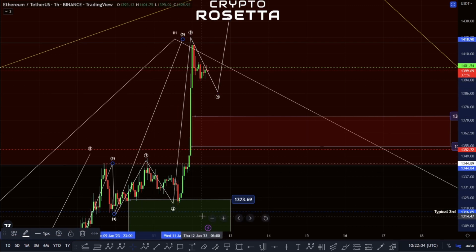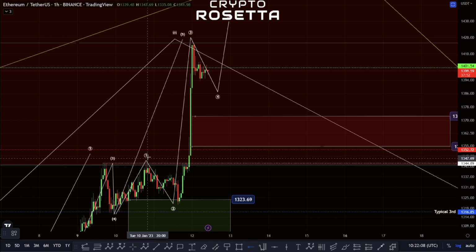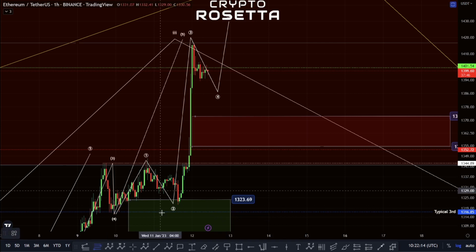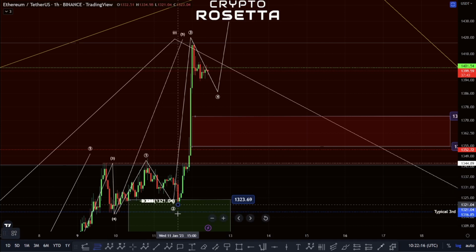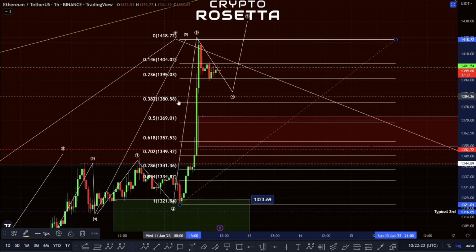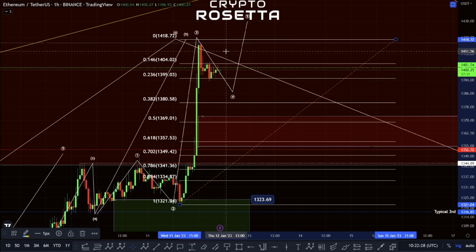If we do have this additional leg to the upside here that we've got shown on the chart, what we'd have to do is not cross back below this 1347. And the target area, if this is a fourth wave, would be up here in this zone of this 0.382. This would be an area I'd be looking to target out. So what we'd be looking at here is the potential that we have this as an A wave, looking at a B wave up, and then looking to push back down for that